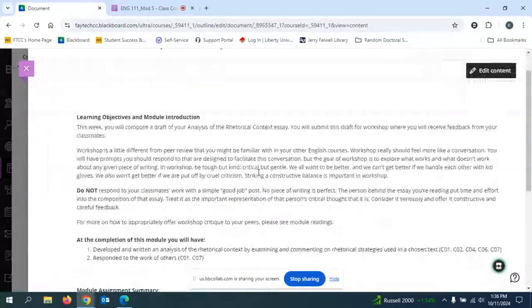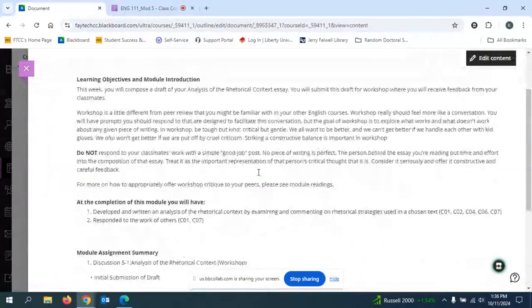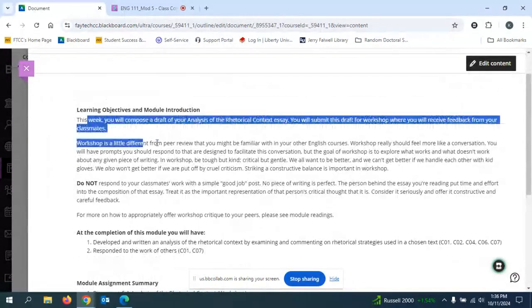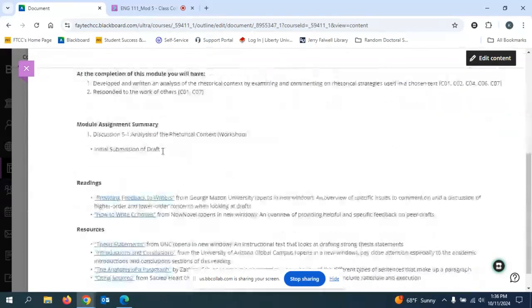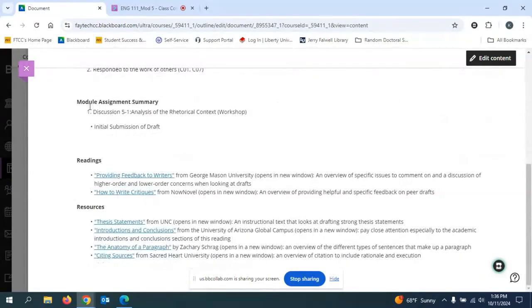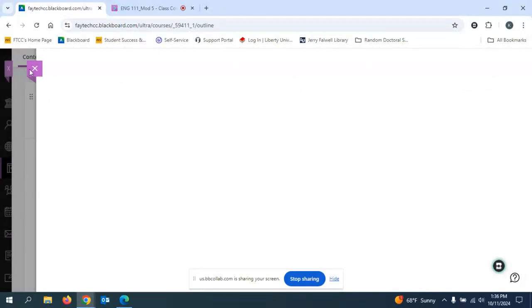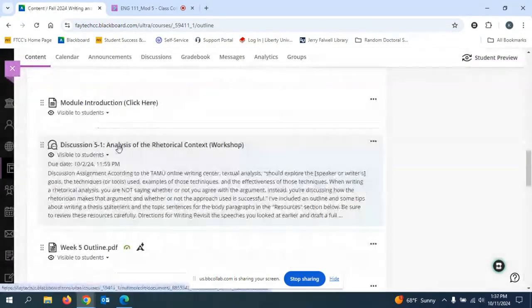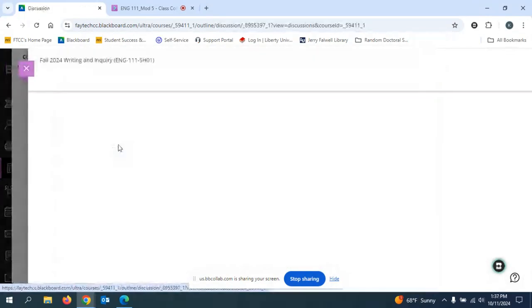the introduction points out that you're going to compose a draft of your analysis of the rhetorical context essay. So you're writing your first essay in this course. And then you'll submit this draft to receive feedback. I'm going to focus more on how you're actually going to write the essay than about the feedback. If you click on discussion 5-1,